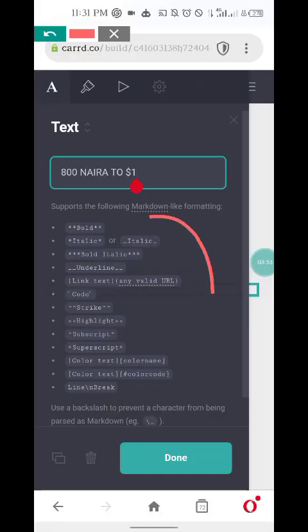If you want bolding, you have to put two stars, then another two stars in front. If you want to put italics there, I think you have to use these signs that are there. Just copy. If you want to change and put color, for example, the one I did here